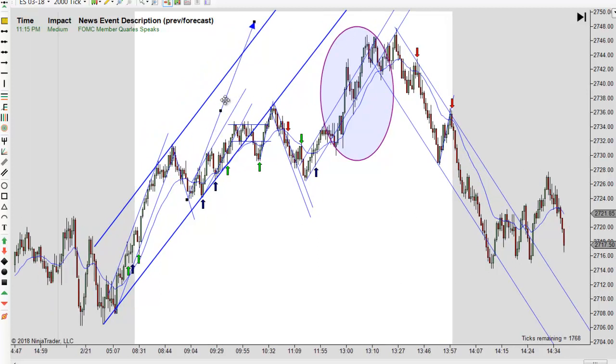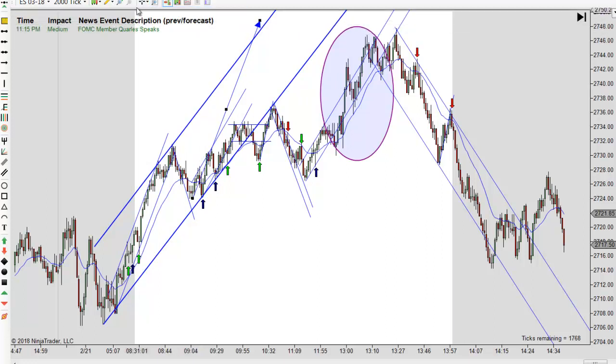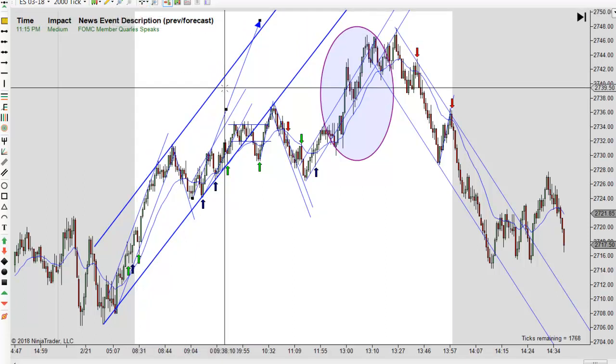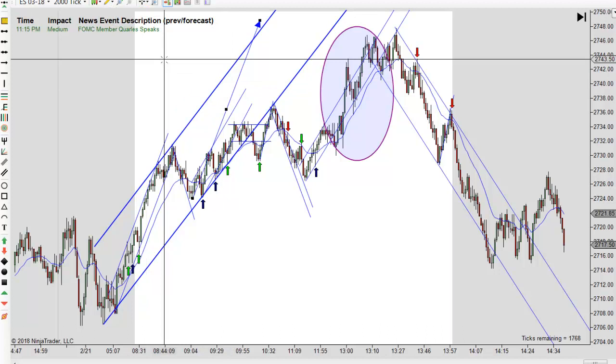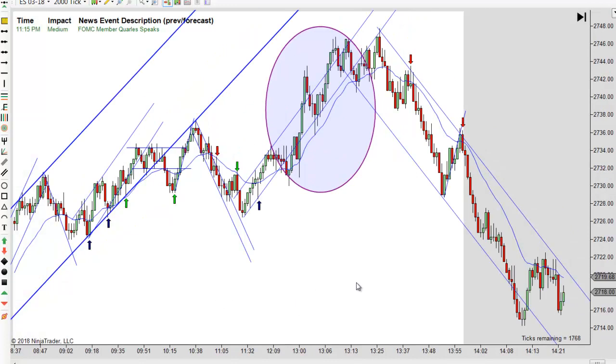Same thing going up. When we went up, there's your first move up, measure, and then your second move started right here. And you can see we almost had a perfect measurement. I think we missed it by a tick or two. There's the high, so maybe we might have missed about 3 or 4 ticks. Which if you can get it within 3 or 4 ticks every day, you're doing pretty doggone good. And I wouldn't expect to do any better than that. So that's about as good as it gets.